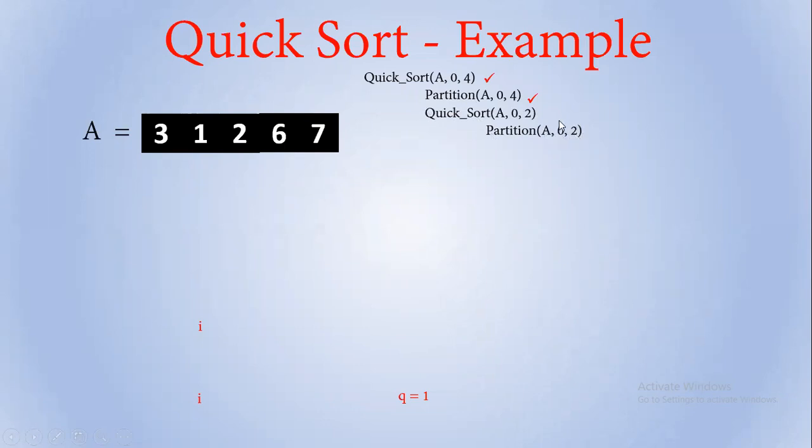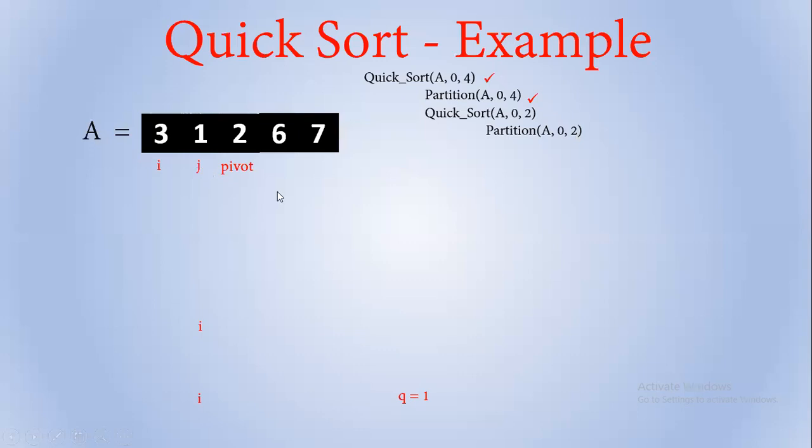According to the algorithm of partition, what should happen? Now L is equal to 0, U is equal to 2. So what will be the I, J and pivot values? Pivot value is the last element, A[2]. A[2] is 2, so pivot is equal to 2 here. I will be set to the L value. L is 0, so I is 0. J is equal to U minus 1. Here U is 2, 2 minus 1 is 1. So J is set to 1.